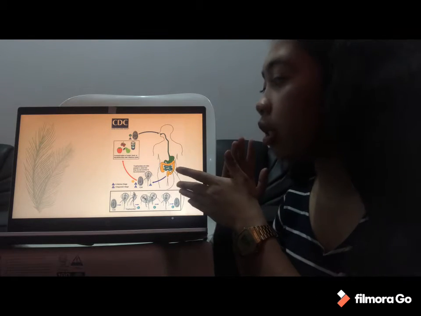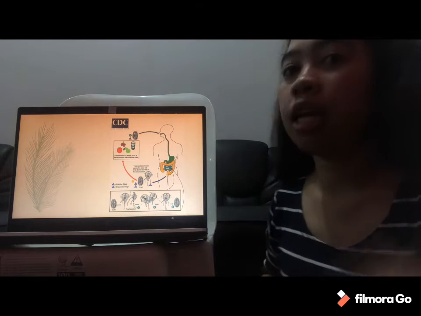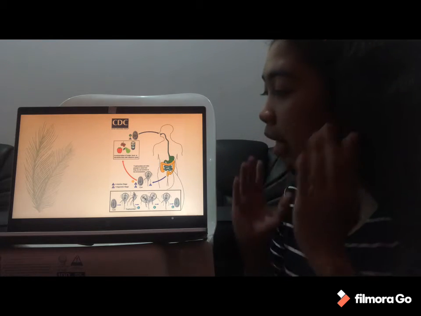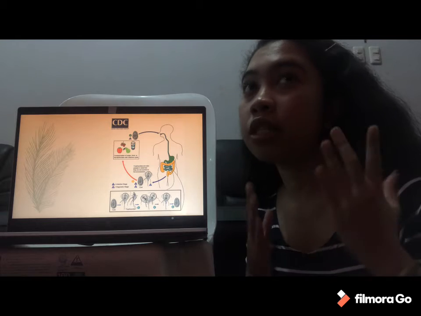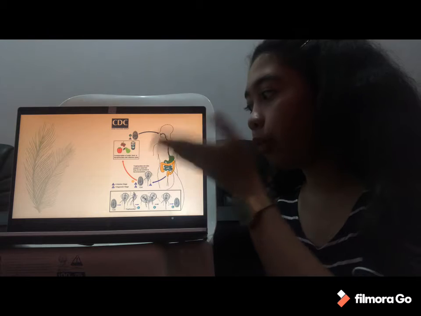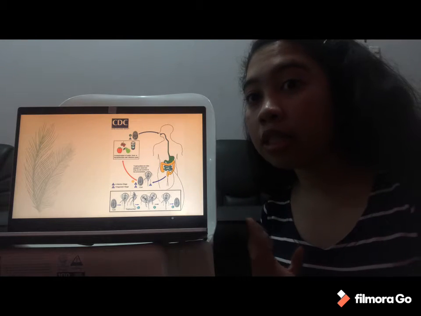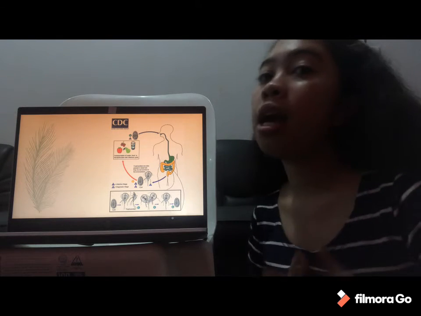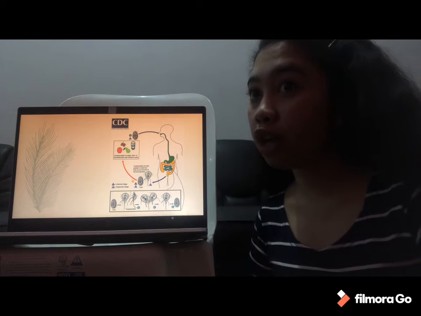So pag musulod na siya dala sa digestion, mahimo na siya, we have trophozoites. The next is dili lang na siya, kundi managhan siya dala sa small intestine. Then pagkatapos magkaanak-anak na siya, gikan sa egg, mao na siya ang managhan, then mao na siya ang madaot sa imong small intestine, and diha na ka magka-infections